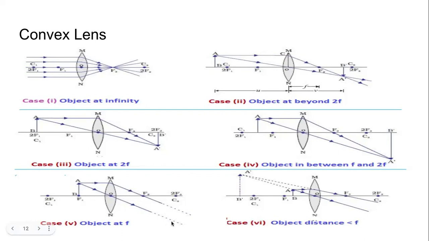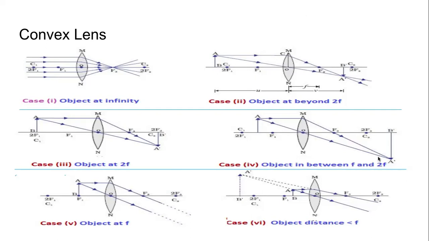Clearly, it's a point image. जहां पे light ray intersect किया, वहां पे image बनेगा. It's just one point. It's a point image. However big the object may be, if the object is at a very, very far away distance, which we call infinity, then the image will be a point image.